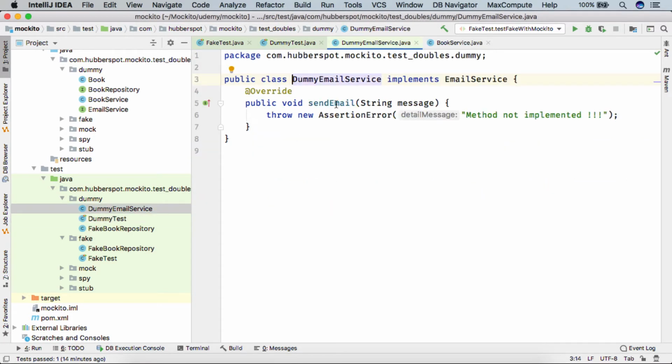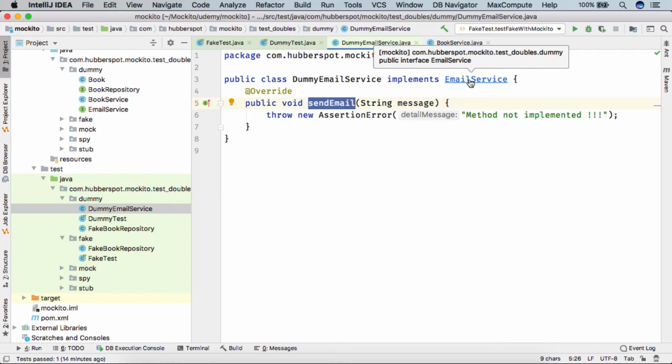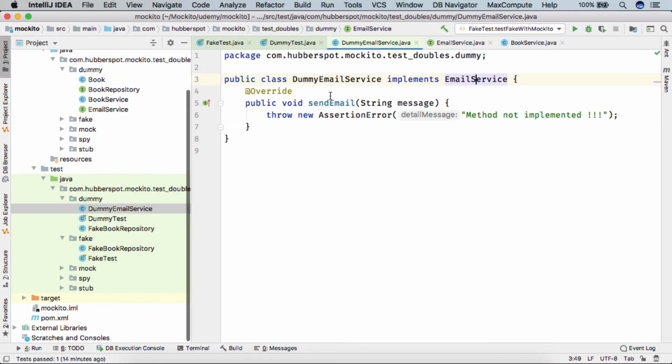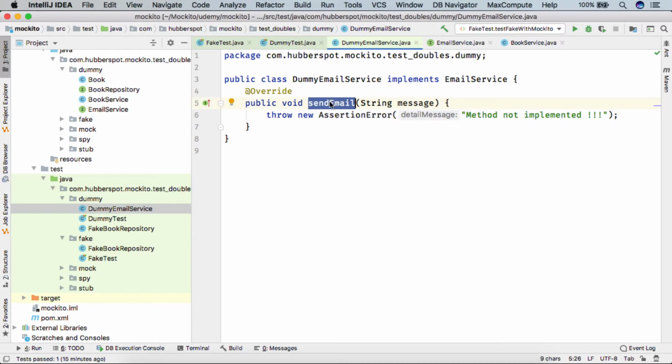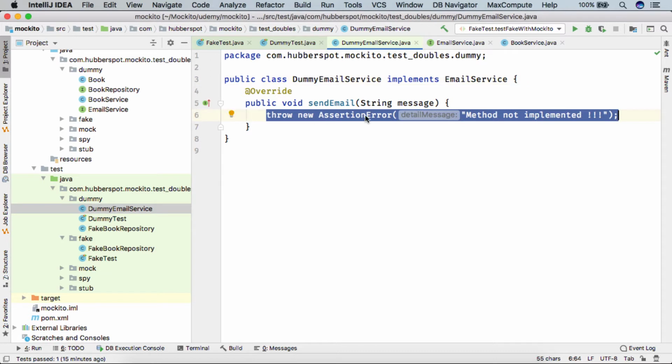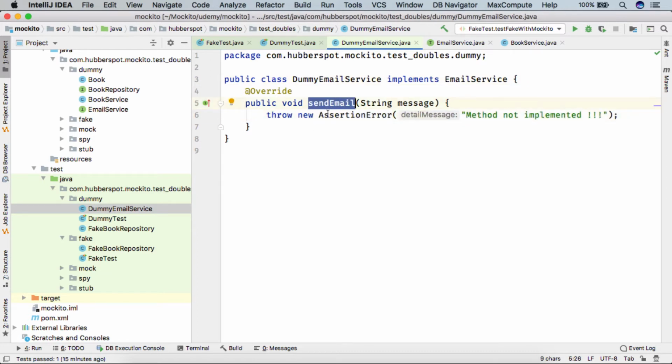We had to provide this send email method which email service had, and we had to specify that this send email method shouldn't get called, because we are not using this dummy email service to test the book service find number of books method. So we also provided an assertion error here, that if by chance this is called, then simply throw an assertion error: method not implemented.